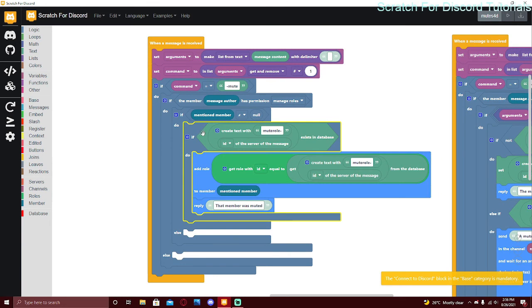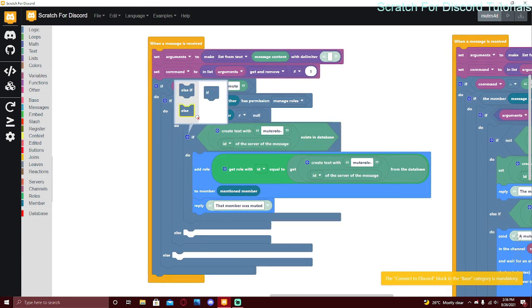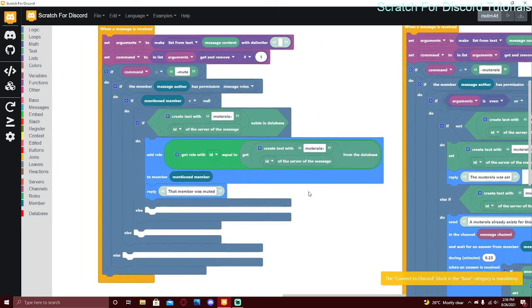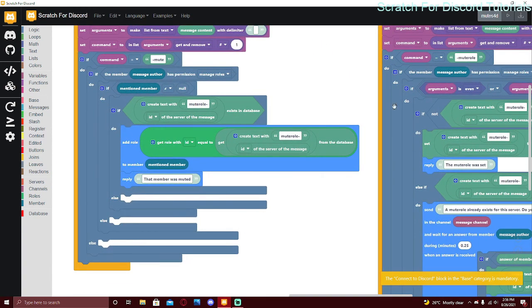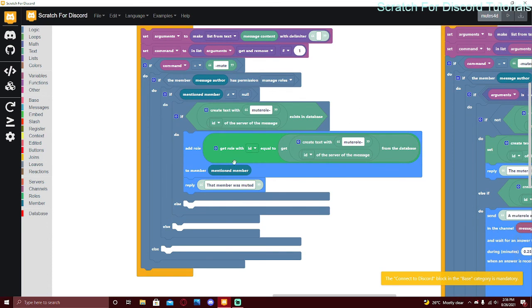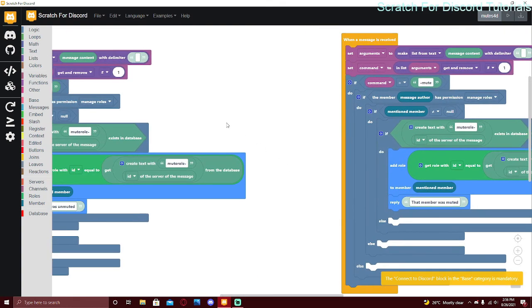And if mute role exists in database, and else you can reply, you have to set a mute role first by doing -mute role. And then if all of those ifs are good, then it adds the role. Get the role with the ID equal to mute role from the database to member mention member. So that's the mute command, and then it replies that member was muted. And then the unmute